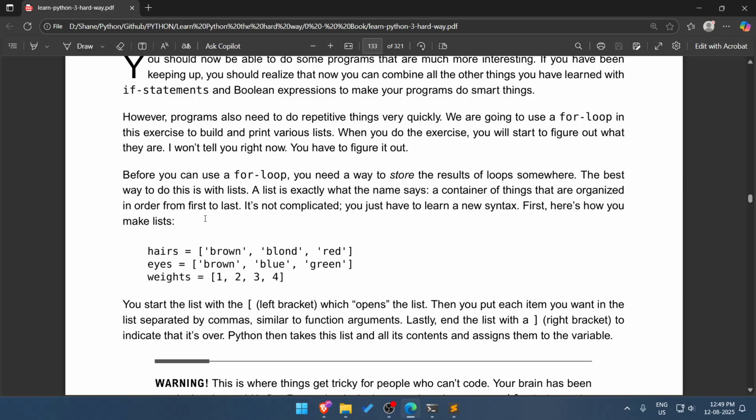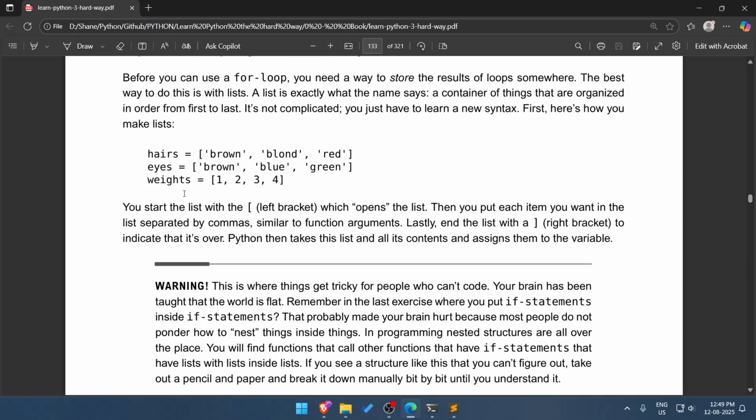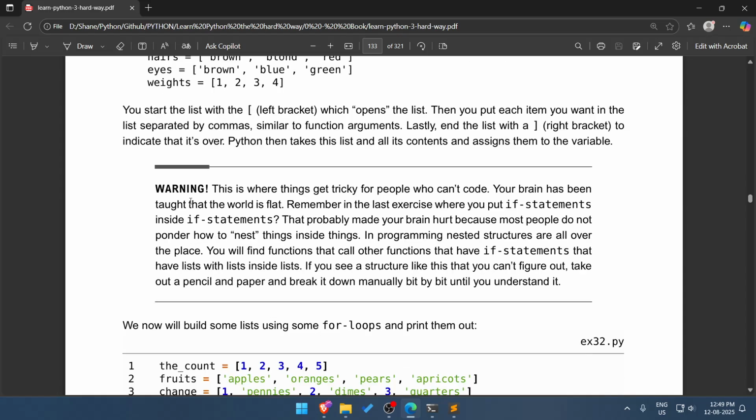Okay, first here's how you make lists. You start the list with a left bracket which opens the list, then you put each item you want in the list separated by commas, similar to function arguments. Lastly, end the list with a right bracket to indicate that it's over. Python then takes this list and all its contents and assigns them to the variable. Okay. Warning: